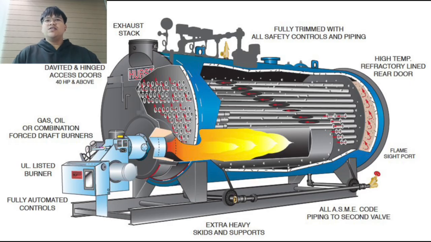Next, the burner mixes the fuel droplets with the correct amount of air. If the air supply is too little, the combustion will be incomplete, causing smoke or soot and wasting fuel. If the air supply is too much, the flame becomes weak and energy is lost. So, getting the right air-fuel ratio is crucial for efficient boiler operation.